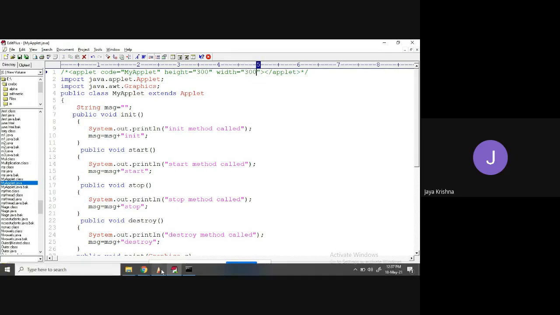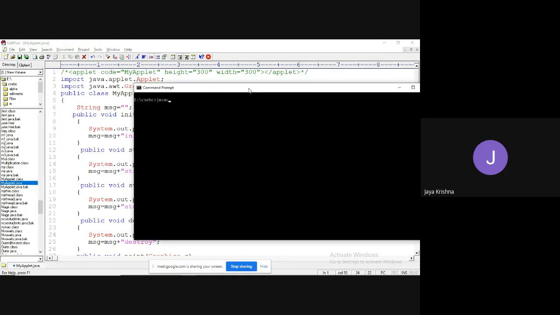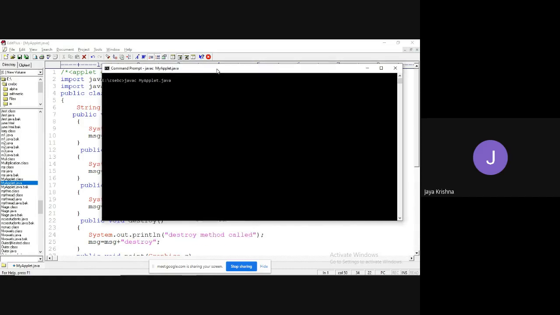If I'm trying to compile, first what you have to do, you have to compile: javac myapplet.java. If I compile, it is successfully compiled.